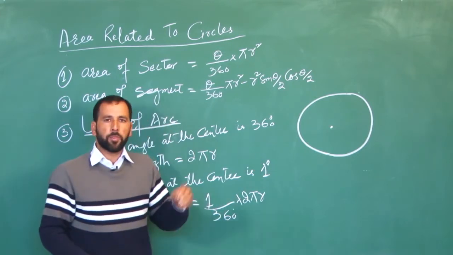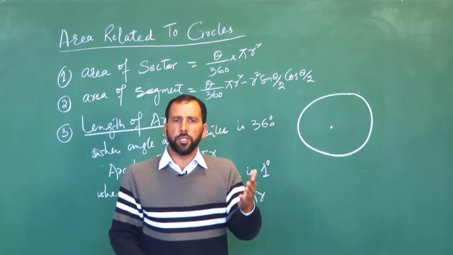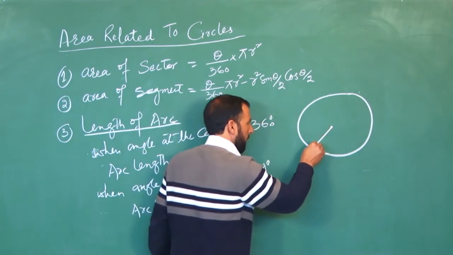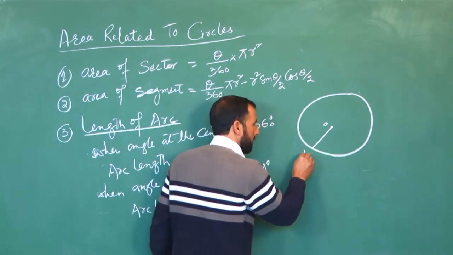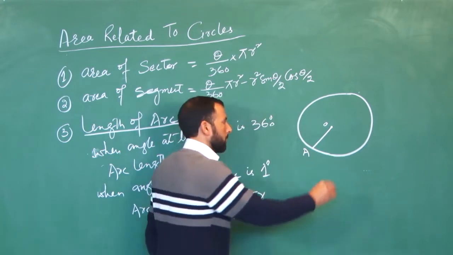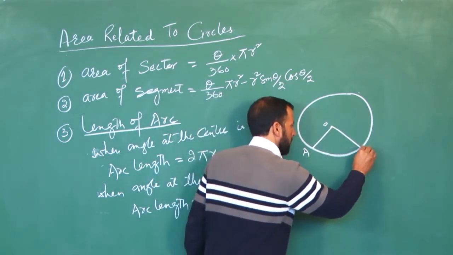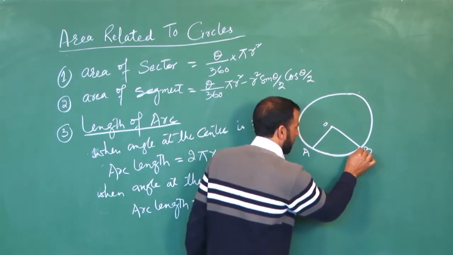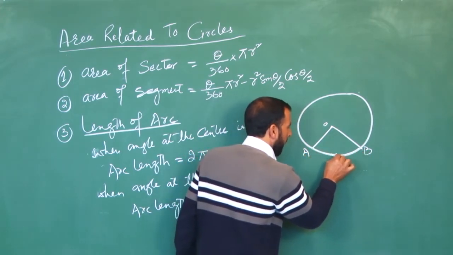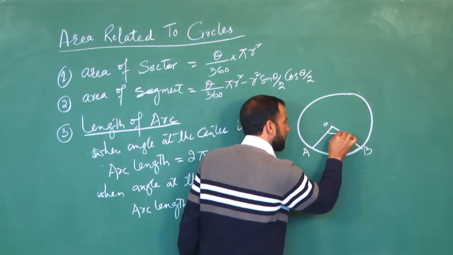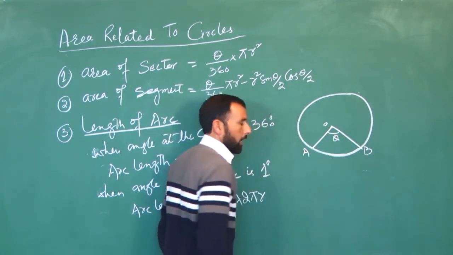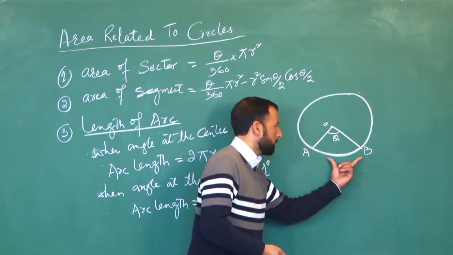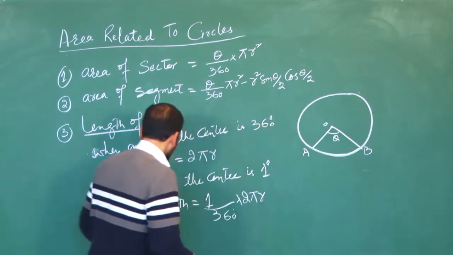Now when the angle at the center is theta degrees in general, let this one be a radius of the circle, and we call it OA, and this one be the second radius of the circle, call it OB. If this minor arc subtends an angle at the center of theta degrees, then what is the length of this minor arc, meaning the length of the arc AB? So we can write here